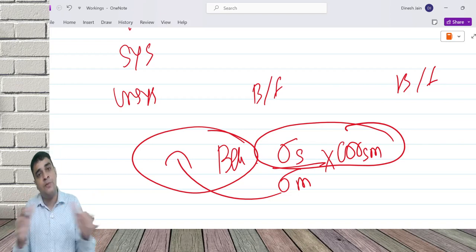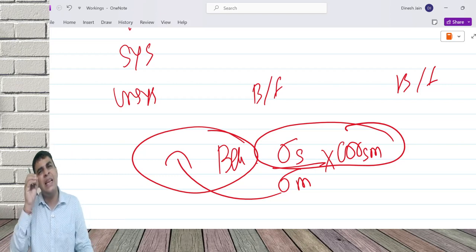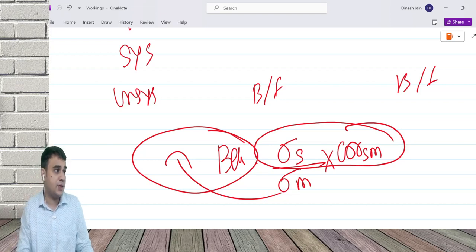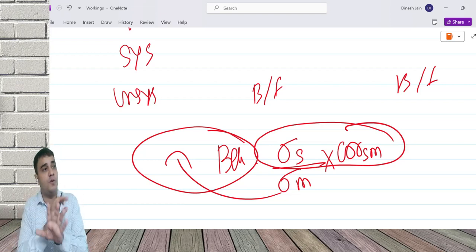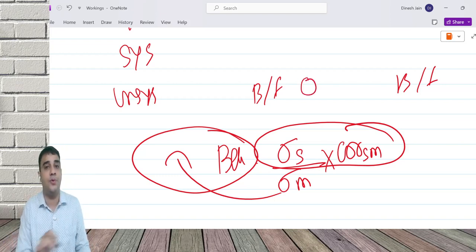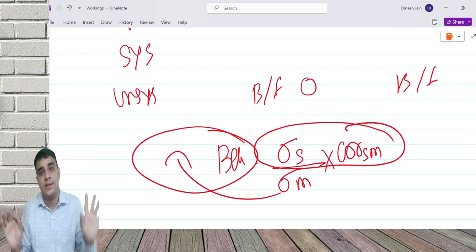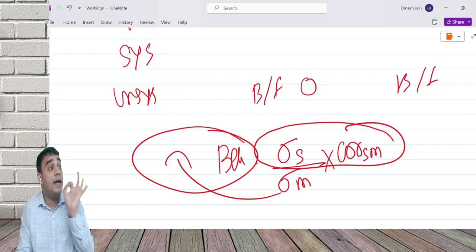Can there be something called a fully diversified portfolio? Technically speaking, no. I cannot have anything called a fully diversified portfolio. You will still have some residual risk. But if a question in the exam tells you a portfolio is fully diversified, unsystematic risk is 0, which means total risk is equal to systematic risk. If you tell me that I do not carry any unsystematic risk, which is a fully diversified portfolio,